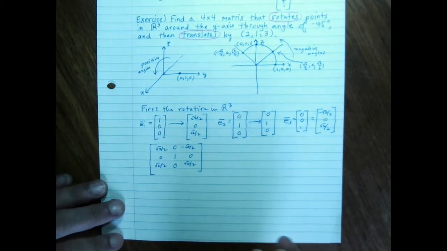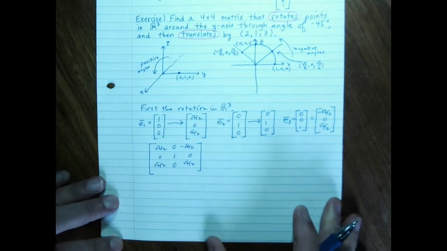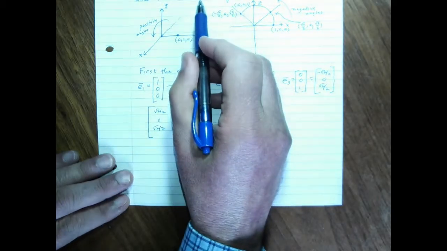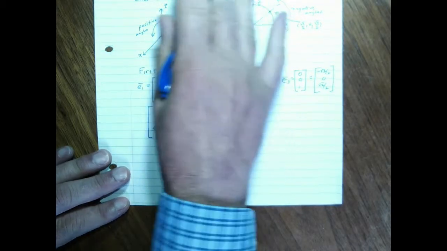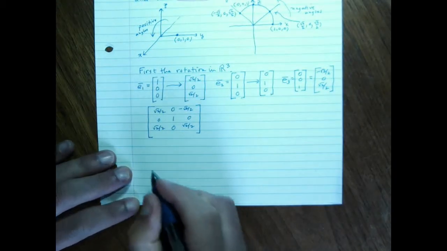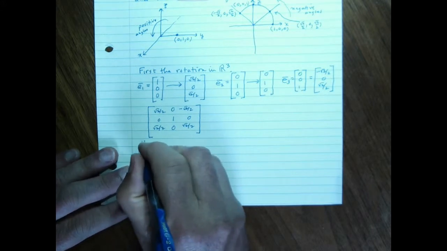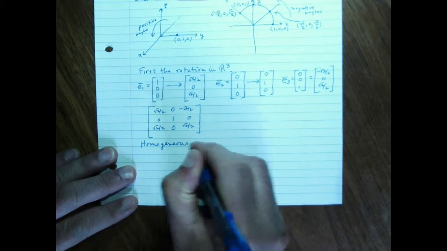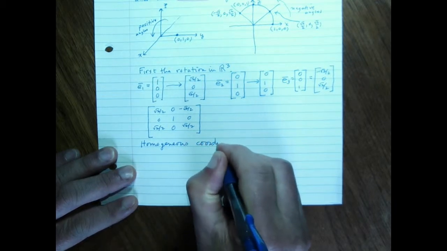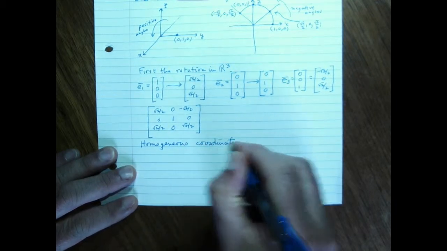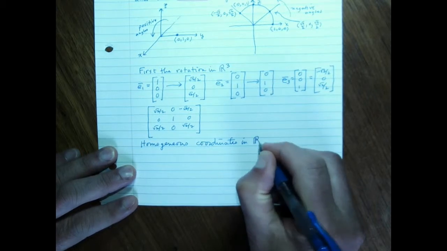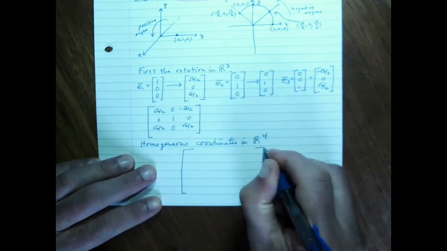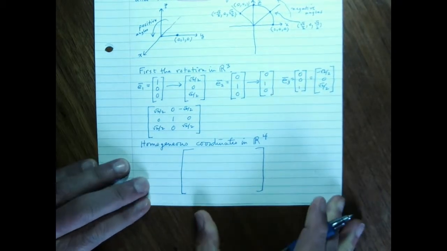Now, if we only were doing a rotation in R3, that would be fine. But in order to compose with a translation, we need to shift to homogeneous coordinates in R4. So we're actually going to set up a 4 by 4 matrix